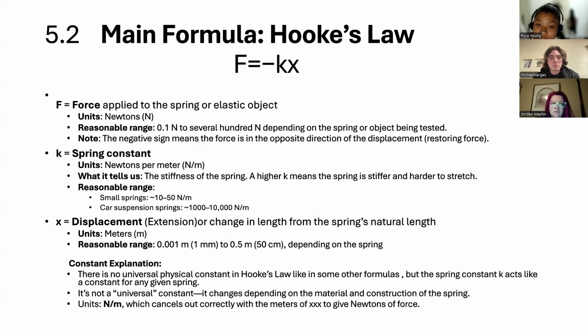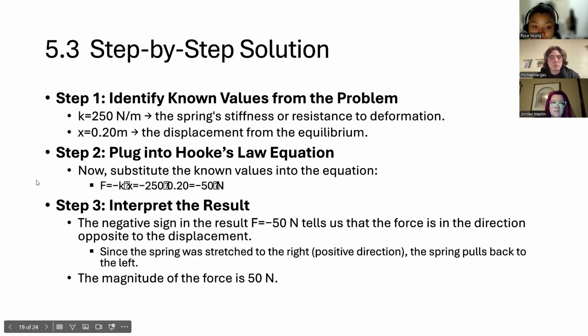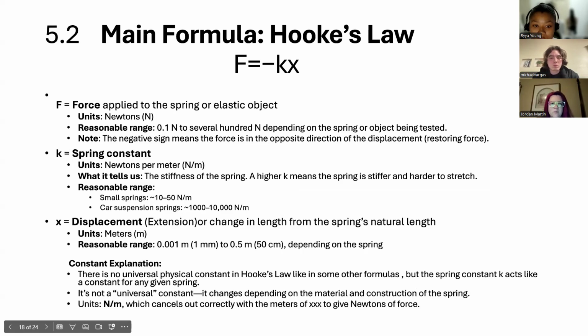So 5.2 is the main formula of Hooke's law. F is force. It is applied to the spring or the elastic object. Force is in units like newtons, and a reasonable range is 0.1 newtons to several hundred newtons, depending on the spring or object being tested. Also note that the negative sign means the force is in the opposite direction